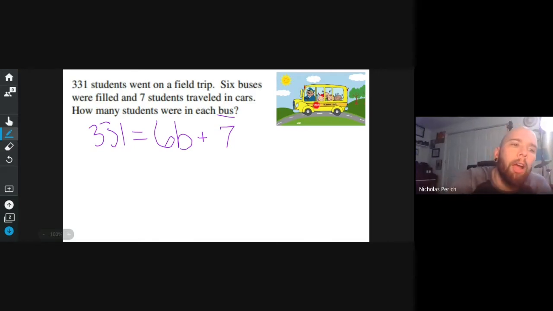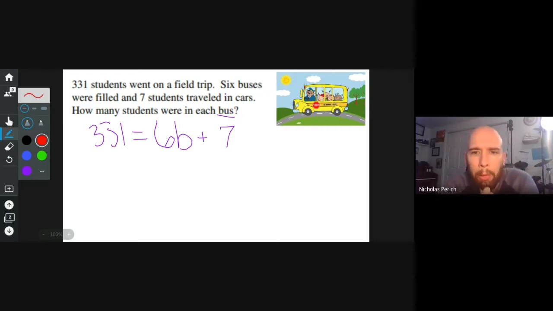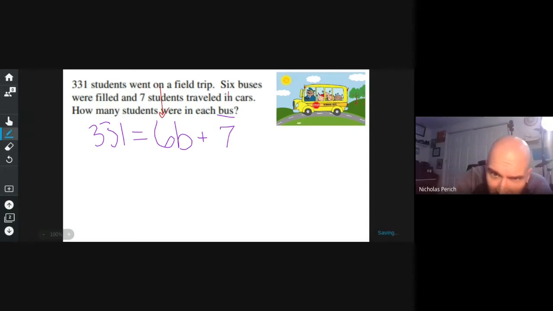All right. So I have 331 equals 6B plus 7. Is B all by itself? No. What is in the way? 6 is in the way and 7 is in the way. I have 6 attached and I have 7 floating around. Always get rid of the guy that's floating around first. Minus 7, minus 7, and cross you out. When I do that, I end up with